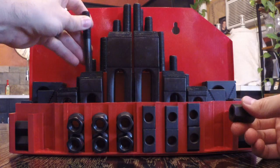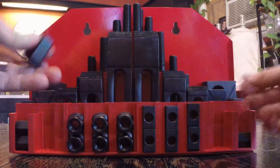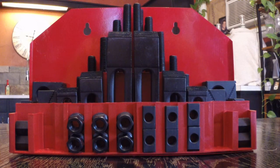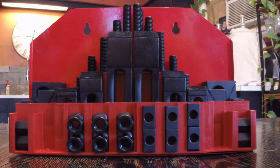But yeah, I'm not saying that this was a bad purchase, because it wasn't. In my case, it was a good purchase. But it's so bad. The tolerances are so bad on these small blocks. I don't know that I would really do